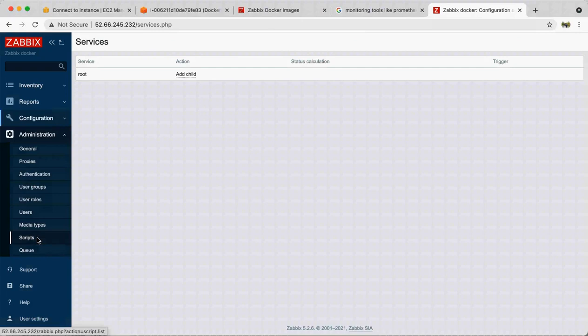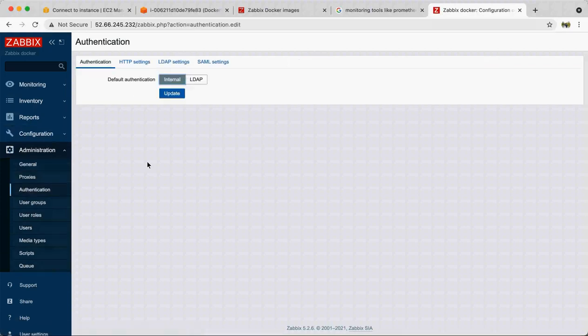Here you can create different users and groups, and those kinds of things. If you want, you can enable authentication for this Zabbix, so that you can use your own database for username and password, or you can integrate an existing AD server and other things.